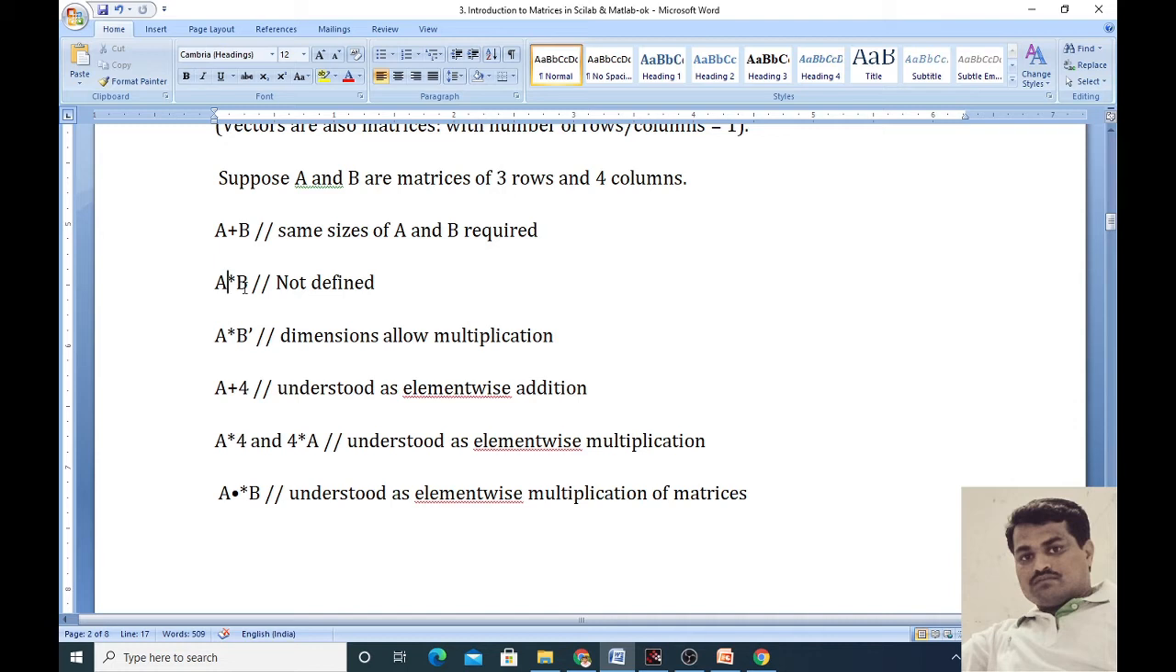For the multiplication of two matrices, the condition is the number of columns in the first matrix is equal to the number of rows in the second matrix. Then we can find out the multiplication of the two matrices. But in the matrix A, how many columns? Here the number of columns is 4. But in the matrix B, the number of rows is 3. Hence, we cannot find out the multiplication of two matrices. If the number of columns in the first matrix and the number of rows in the second matrix are the same, then we can find out